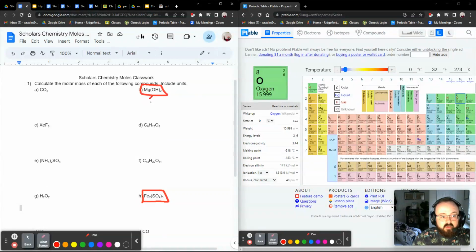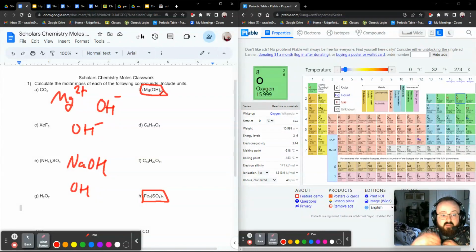We're talking about magnesium hydroxide, Mg(OH)2. Now, what this looks like is I have an Mg with a 2 plus, I have an OH with a minus, and an OH with a minus. That's what this looks like. How do I know that there's 2 of these OHs? Because this 2 is outside of the parentheses. If I just had NaOH, for example, then it's just 1 of each. But because I have this group, this polyatomic ion, this OH, it sticks together. It's like a big atom that sticks together. That 2 outside the parentheses tells me that I have 2 of these OHs,